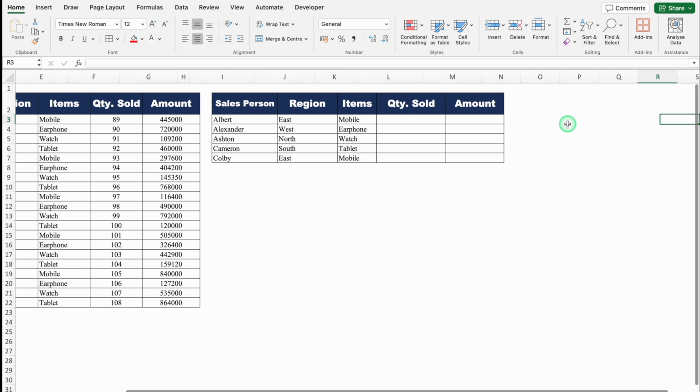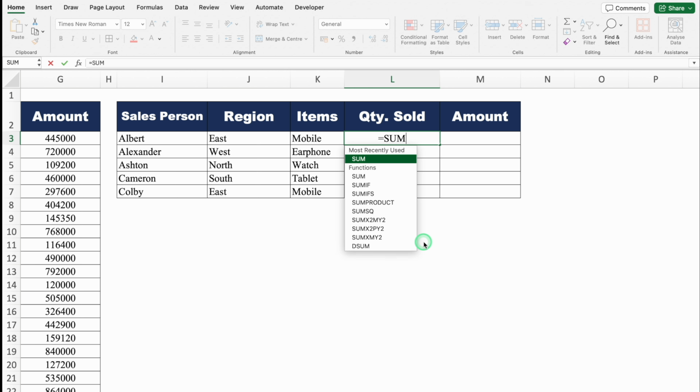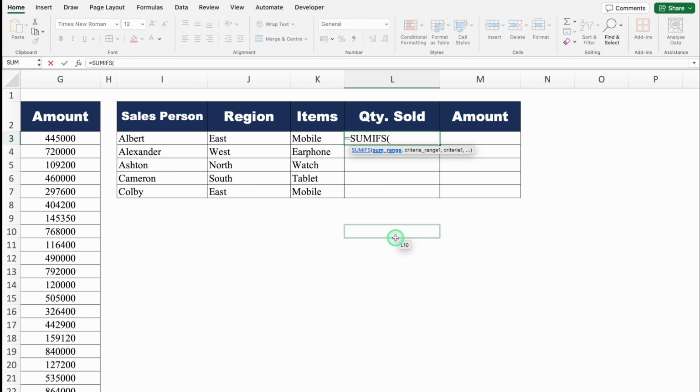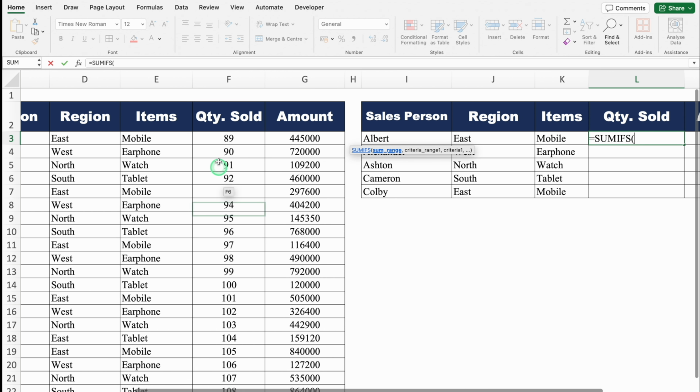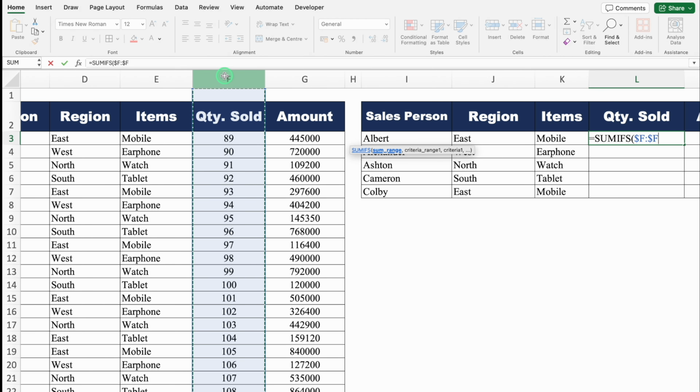Let's come to write. Let's use our formula. Plus or equal to SumIfs. Bracket open. Sum range. In SumIf, we had provided range, but over here, we will have to provide sum range. So we want sum of what? We want sum of quantity sold. So I'll come to left and we'll select quantity sold from top. We have to drag down our formula. So we will have to lock the range by pressing F4 or function F4 just one time, comma, criteria range